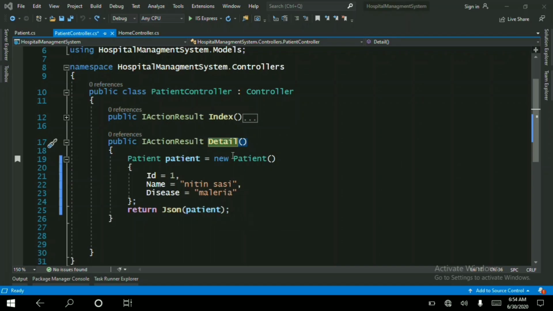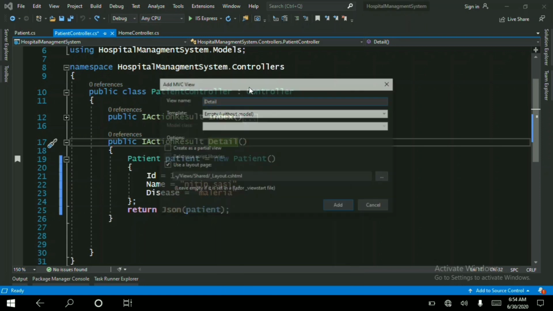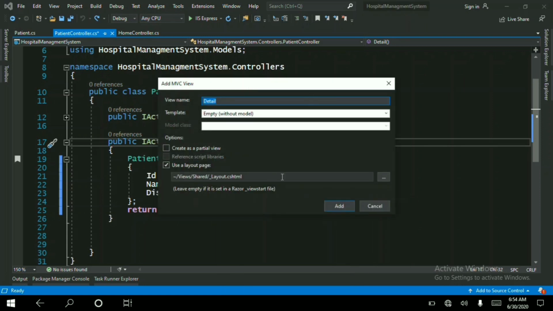For adding a view for this method, Details, I am going to take my cursor over Details and then right click, and from the list we have to find Add View, which was at the top of the list, and click over it. It will open a new window asking a lot of questions like view name, template, option, model class, and many others.